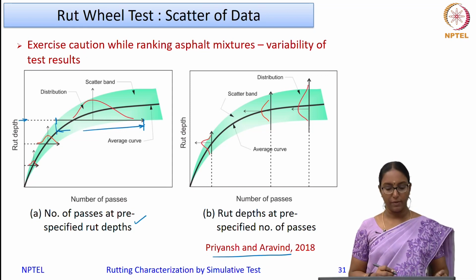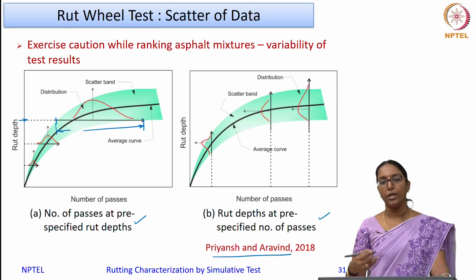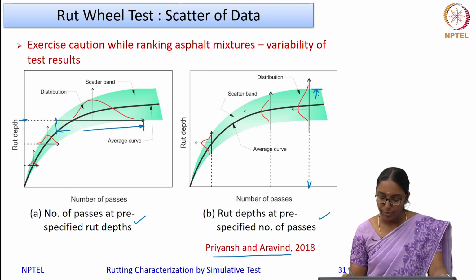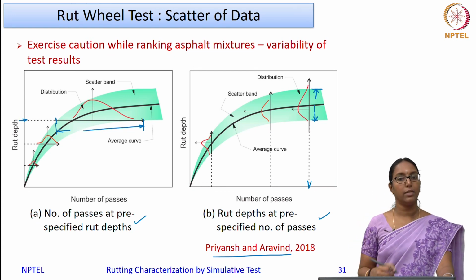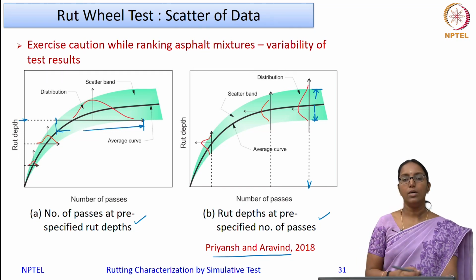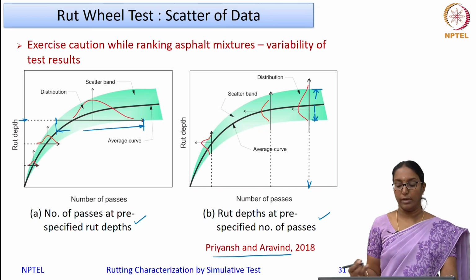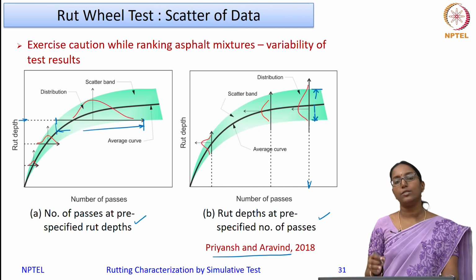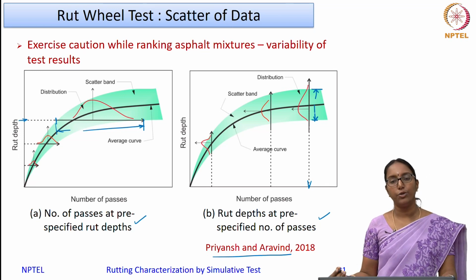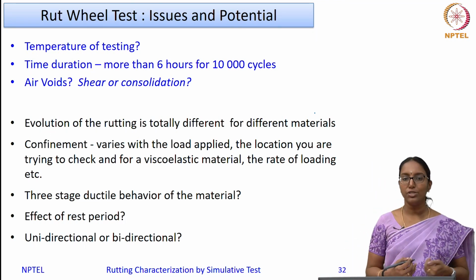The green portion shows the variability. Okay. Whereas in the second figure, you can see the rut depth corresponding to a number of passes. As you can see here, for this number of passes, the variability of rut depth is from here to here. So such wide variability one can expect when you do a wheel tracker test, and this variability can follow certain functions, like a normal distribution, Weibull distribution, or a log normal distribution, and so on. So one has to be very cautious while using such information to correlate it to the performance in the field.